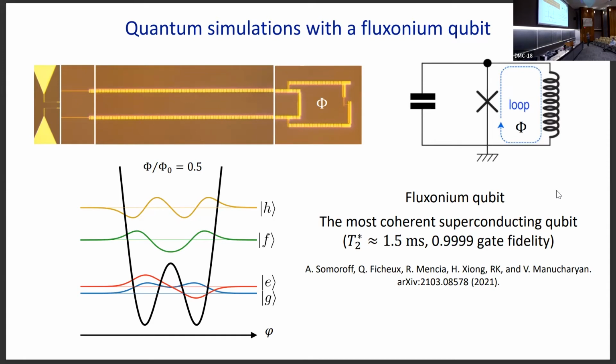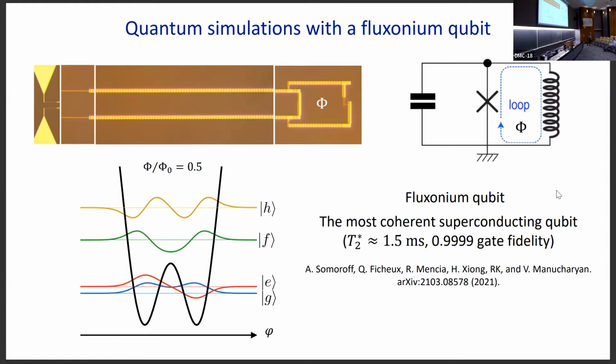So now at the end of this transmission line, we place a qubit, which is a fluxonium. So fluxonium is a small Josephson junction here with its own capacitance, and also shunted by a large inductance. So there is an additional array of Josephson junctions which introduces this inductance, and part of this inductance is shared with the transmission line, and that's how this qubit is coupled to the transmission line.